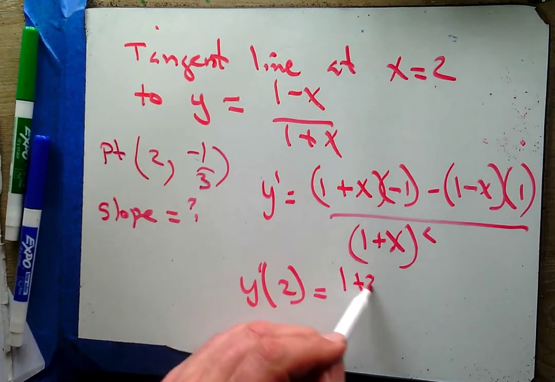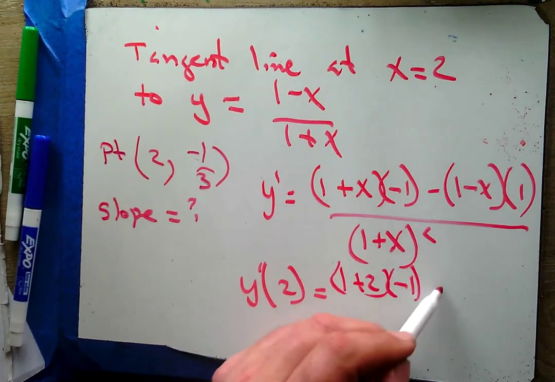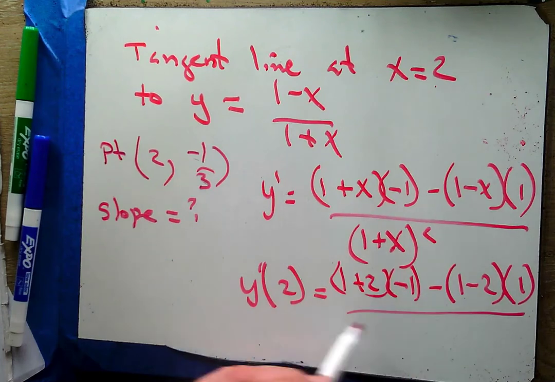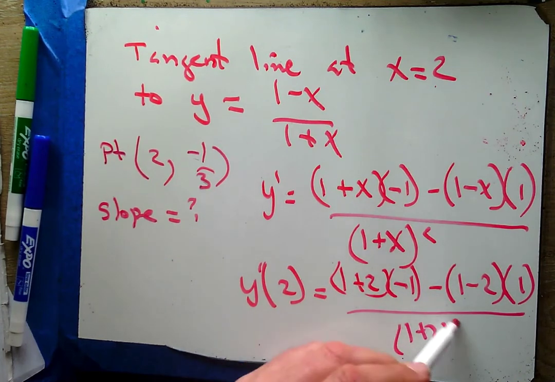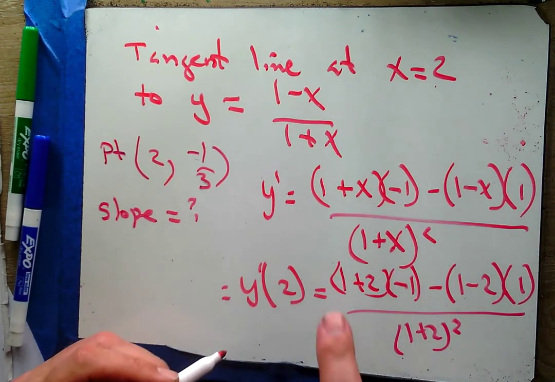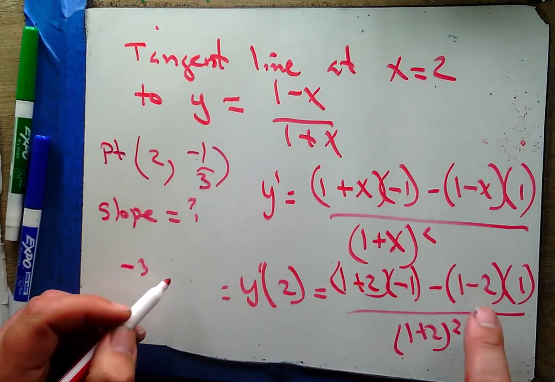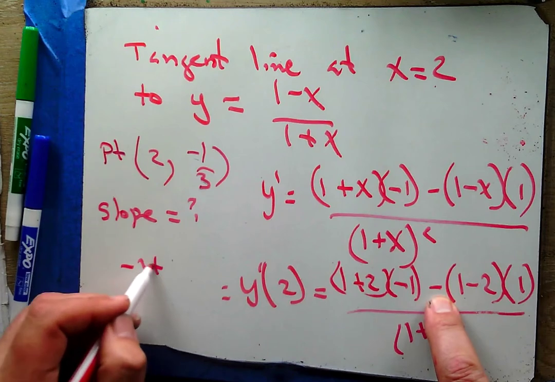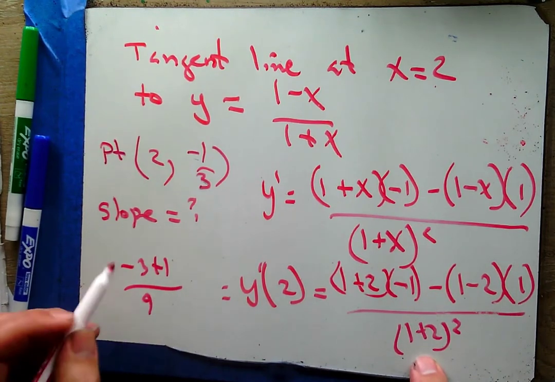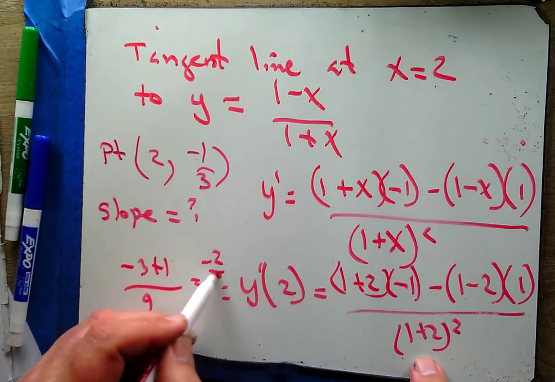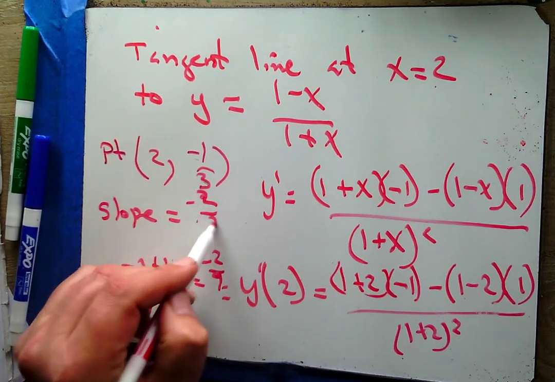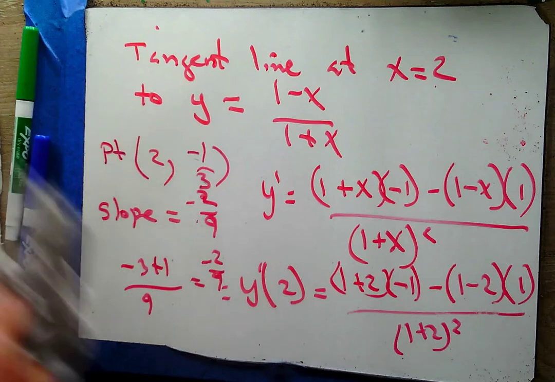So 1 plus 2 times negative 1 minus 1 minus 2 times 1 over 1 plus 2 squared. And what do we get? That's negative 3. Negative 1 times 1 is negative 1. Minus 1 is plus 1 over 9. So negative 2 ninths. So now I have a slope, negative 2 ninths, and I have a point,